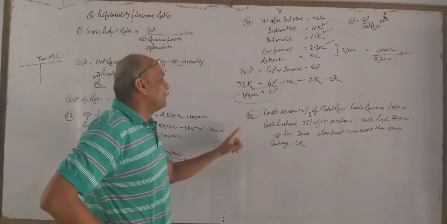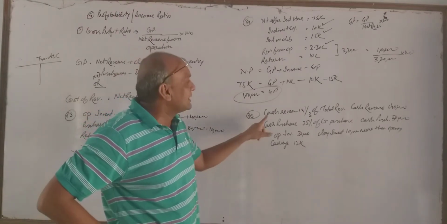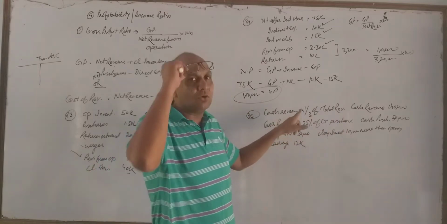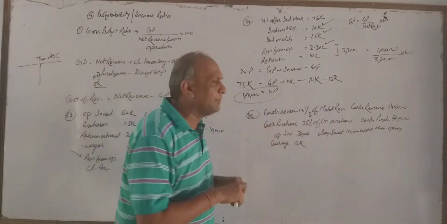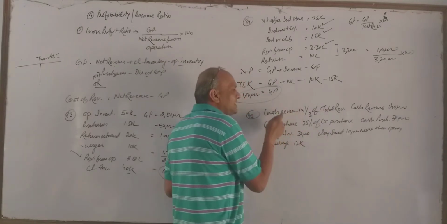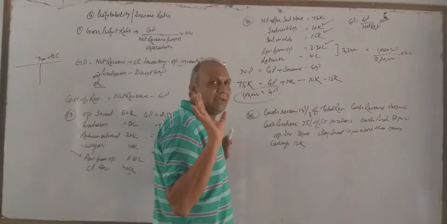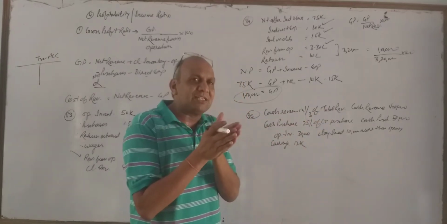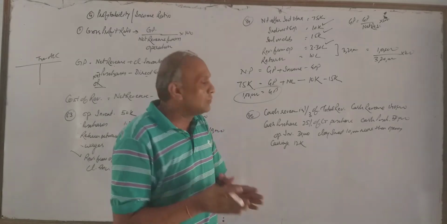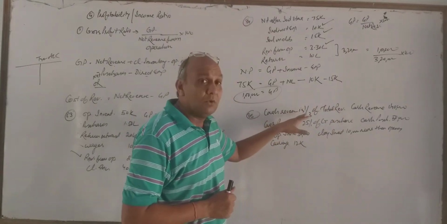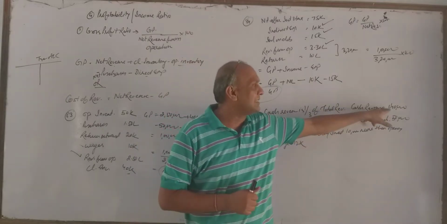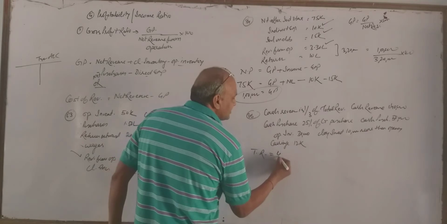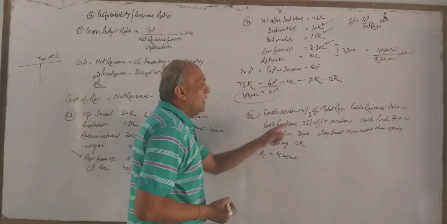Let us do one more sum. Illustration number 86. Cash revenue is 1/3 of total revenue. How much of the total revenue is cash revenue? 1/3. What does it mean? It means total revenue is 3 times of cash revenue. If you understood, because cash revenue is 1/3 of total revenue, whatever the total revenue will be, our cash revenue will be its third part. And how much cash revenue is given to us? 1,40,000. So total revenue becomes 4,30,000.